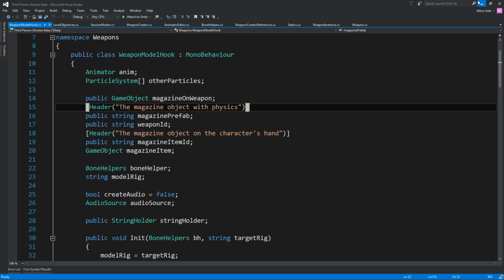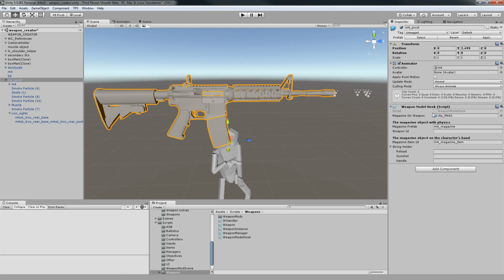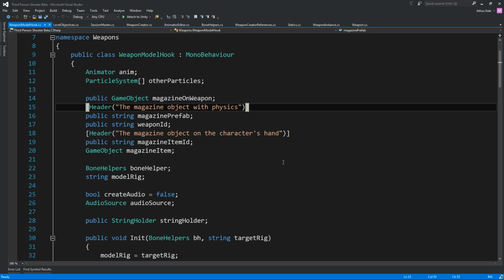Now the secret to this is that it can work without having assigned anything over here, or without having assigned any particles, okay, and without even having an animator, because we want to have different levels. So if you want to make it a full feature, like having particles, having all that, then you can also do it. The references we're going to need, of course, we need the animator, any particle system that is underneath our weapon,